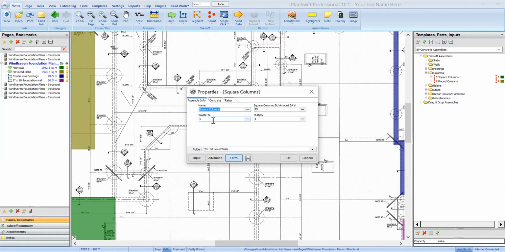You've got a waste percentage you can factor in for your material waste, and then a multiply. So if we're doing, again, this plan page is half of the foundation, and the other side is just a mirrored flip of this plan, you could set your multiply to 2, and it's going to automatically double your takeoff quantities. So we click over here to our concrete tab, and this is where we can input our